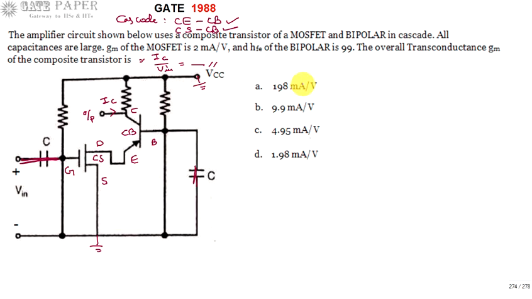First of all, I am going with the equivalent circuit of the MOS transistor. For the MOS, the gate is isolated from the drain and source by the SiO2 layer, so there is no connection between gate and drain as well as source. So this is the drain; it will be treated as VGS plus minus, and from the drain there will be a current source, which is GM VGS, you can write it.